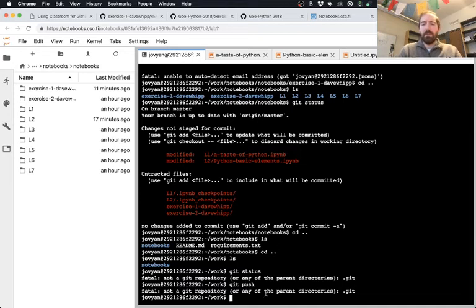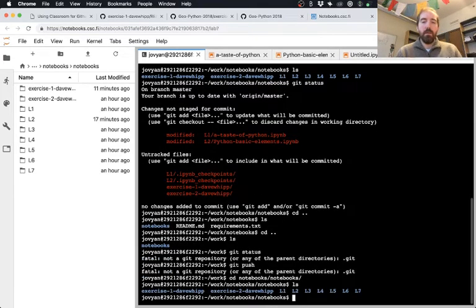Usually you'll get some message that tells you it can't find the .git directory. This is a hidden directory that identifies a directory as a git repository. But yeah, little things like this, not changing into the right directories and things like that.